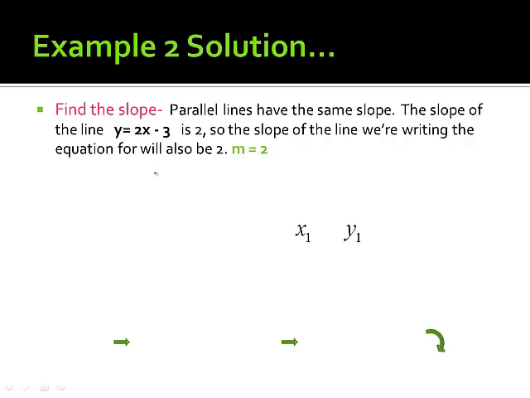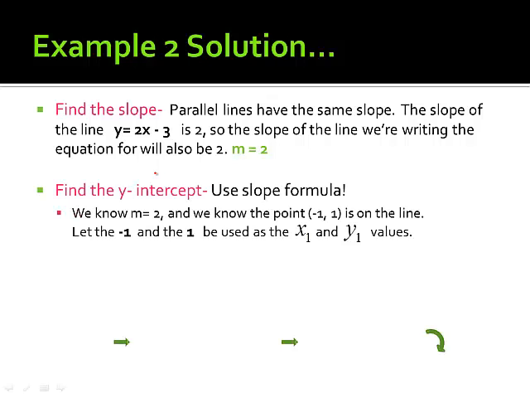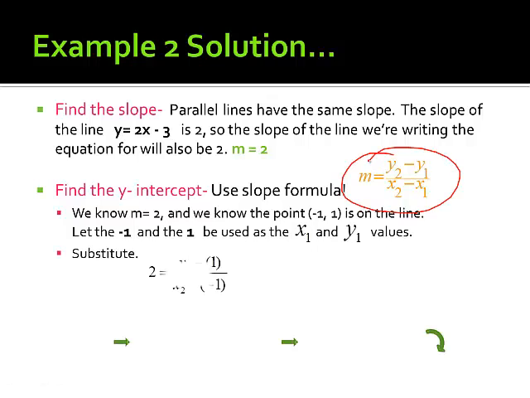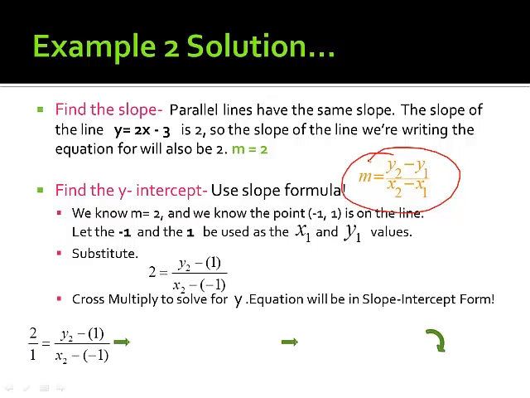We know that. The other thing we know is that since we know m is equal to 2, we also know the point (-1, 1). So negative 1 is an x value, and 1 is the y value. So all you have to do now is to plug it into your slope formula. So we know that our slope is 2, or in this case 2 over 1,